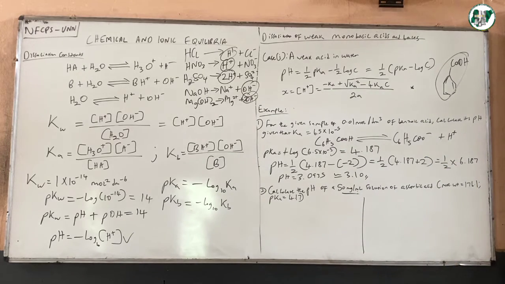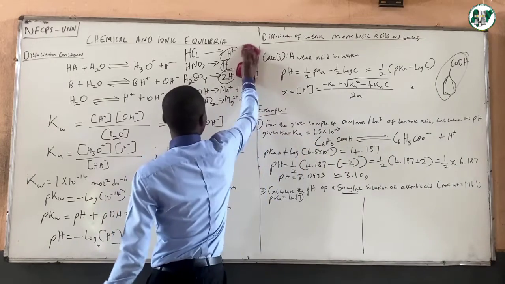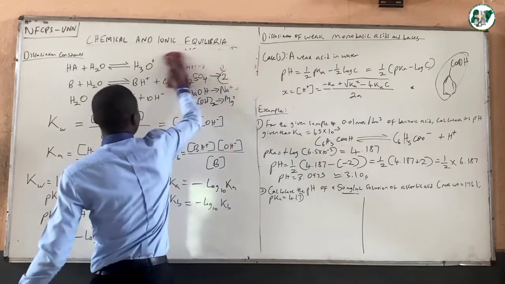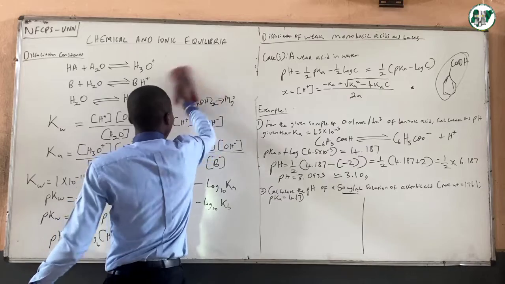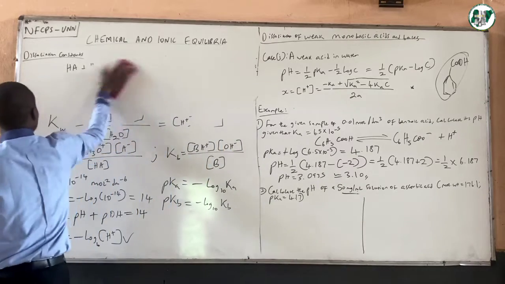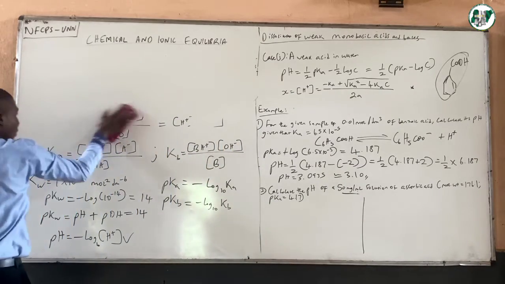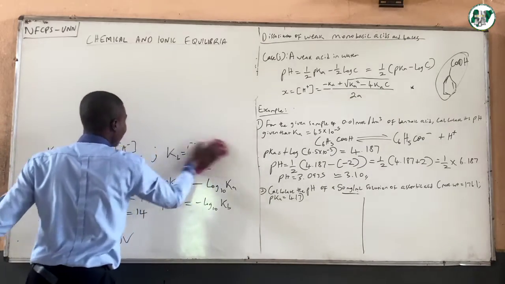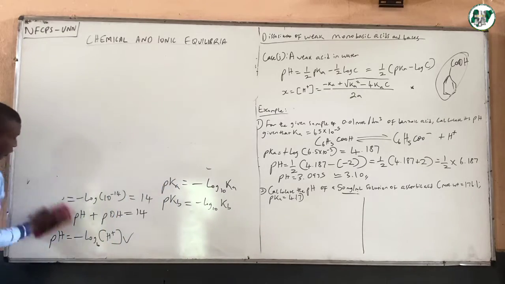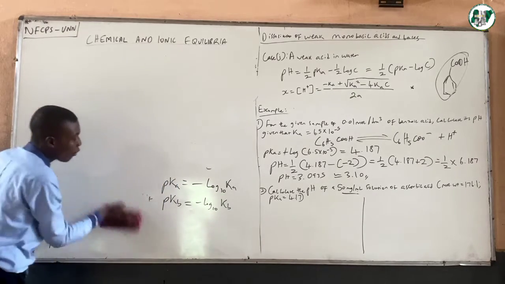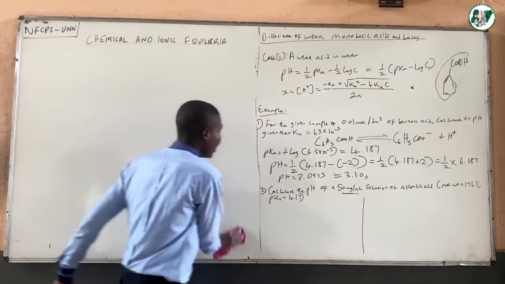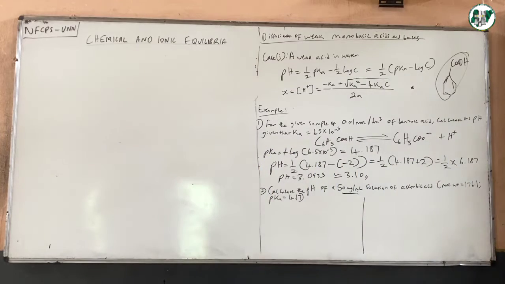So let me wipe the board quickly so that you can follow me very clearly on this part of conversion from any unit you have down to mole per dm cube. When you're able to get it right this first time, you'll be able to follow me through in the remaining part of this tutorial video that is covering everything about chemical and ionic equilibria. So we have,